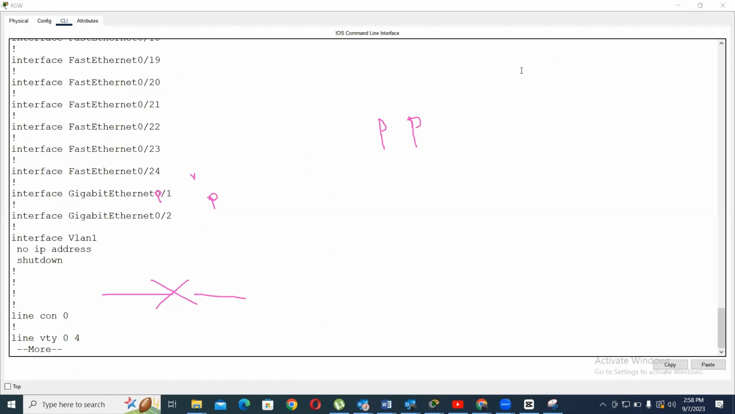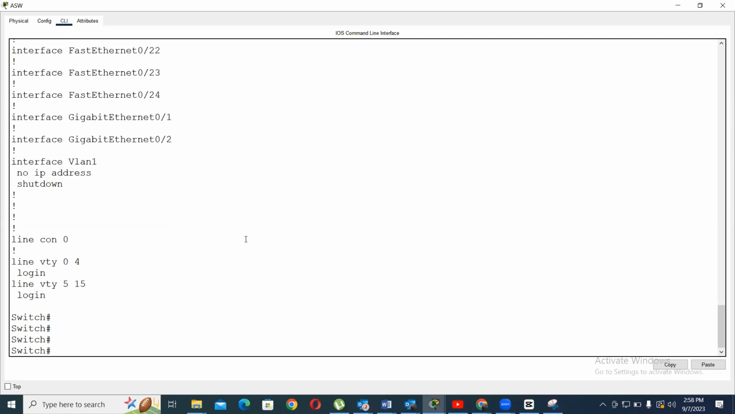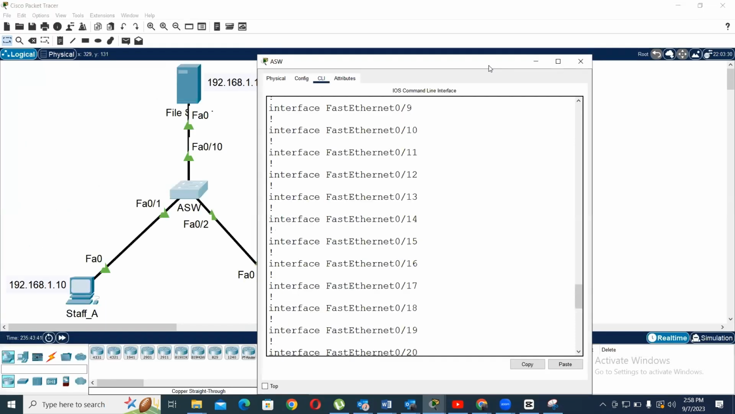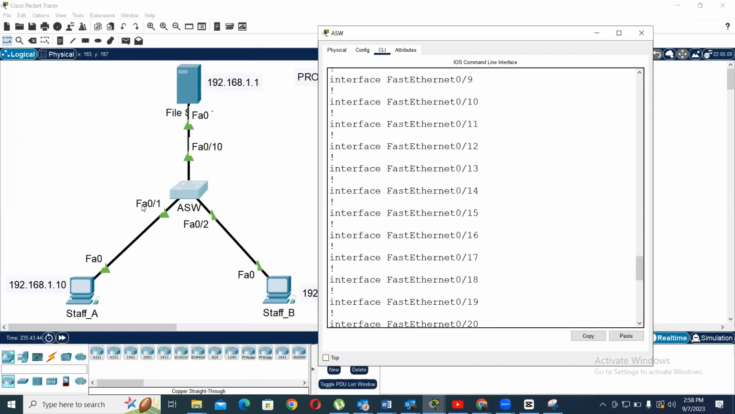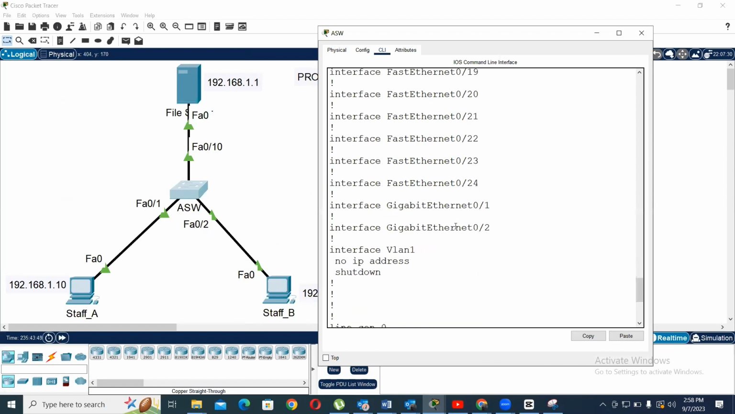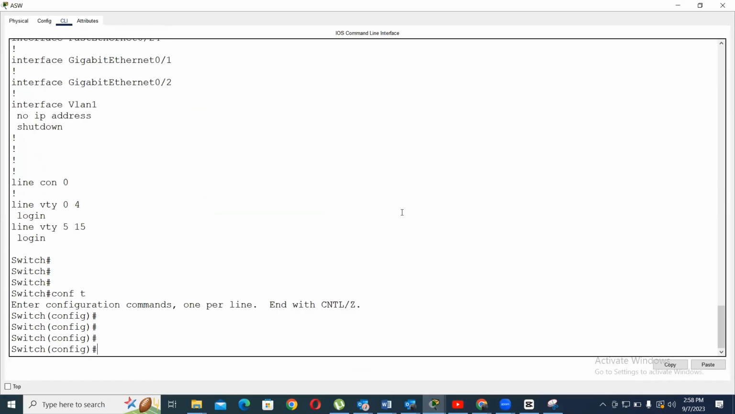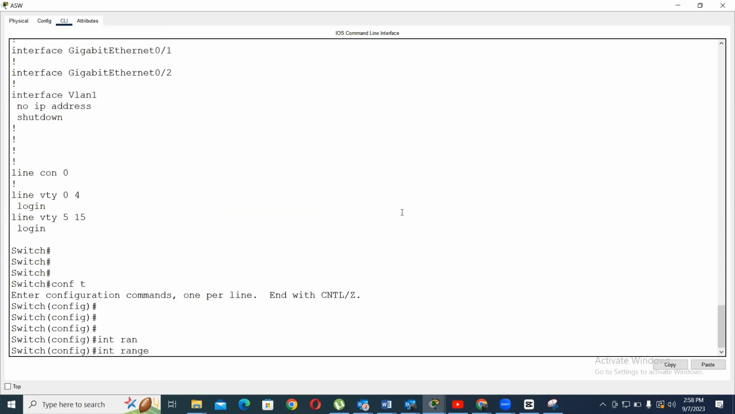Let me clear all our drawings. Let's go to global configuration, config terminal. We have port FA0/1 and FA0/2. Those are the ports we want to protect. So, interface range